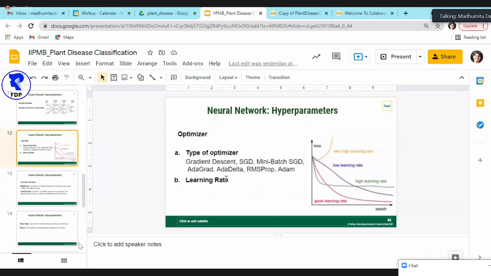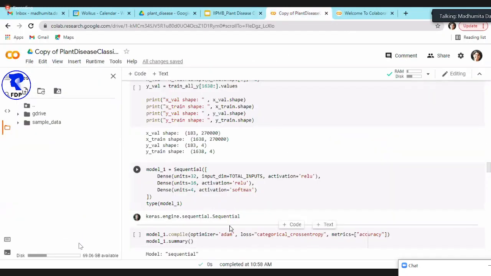Yeah, we have many optimizers. So I'm picking Adam. For now, I am using the default learning rate. And for loss function, I want to use categorical cross entropy. Cross entropy is actually very commonly used for classification problems. If I had only two classes, say healthy and disease, I would have used binary cross entropy. But because I have multiple classes, I'm using categorical cross entropy.